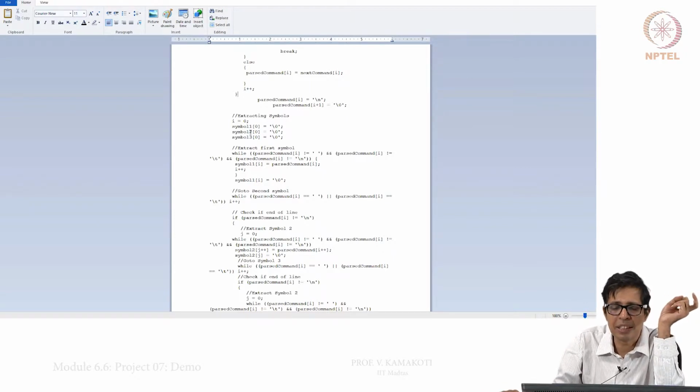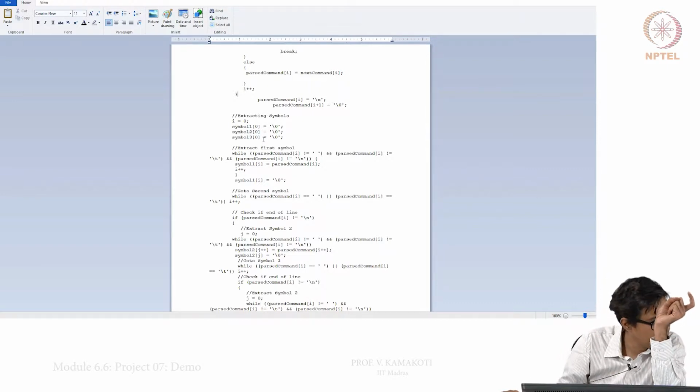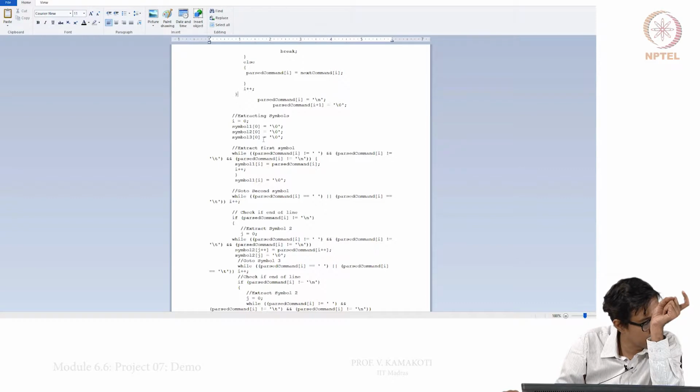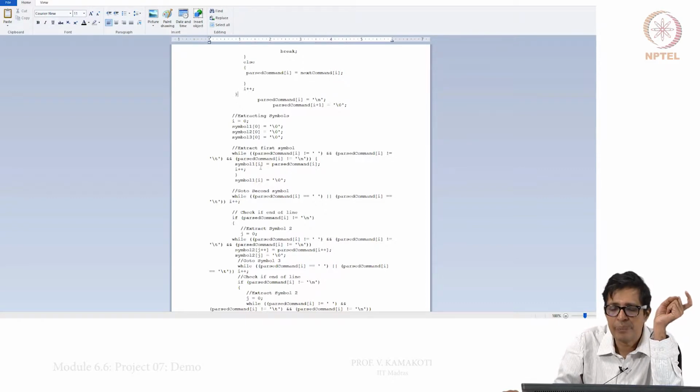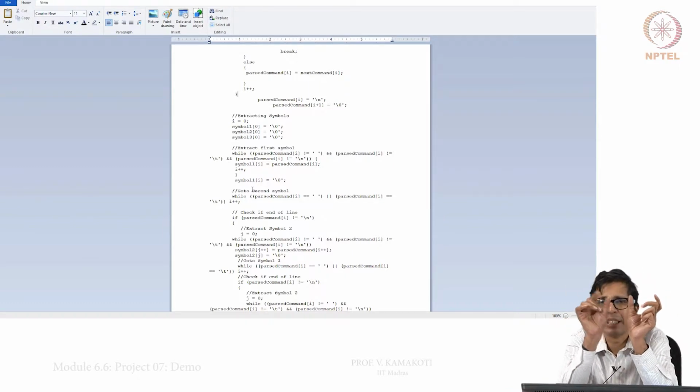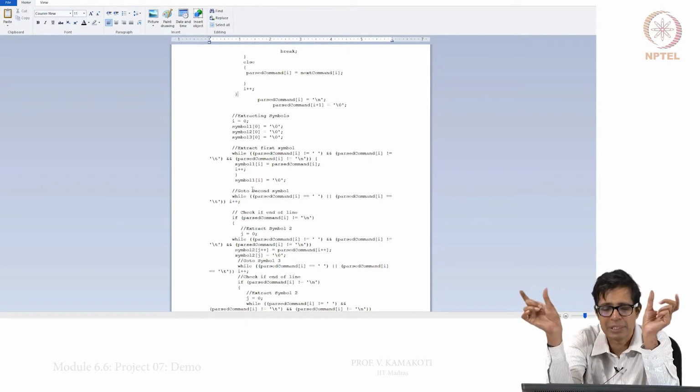From this passed command, I extract the three symbols, namely symbol 1, symbol 2, symbol 3. While the passed command is not blank or the next command, I just parse symbol 1, then there will be some white space, then symbol 2, then white space, then symbol 3.